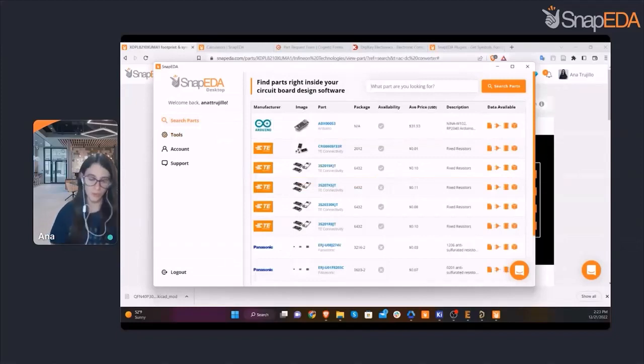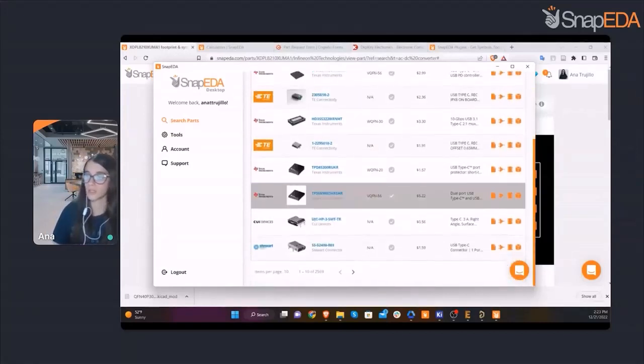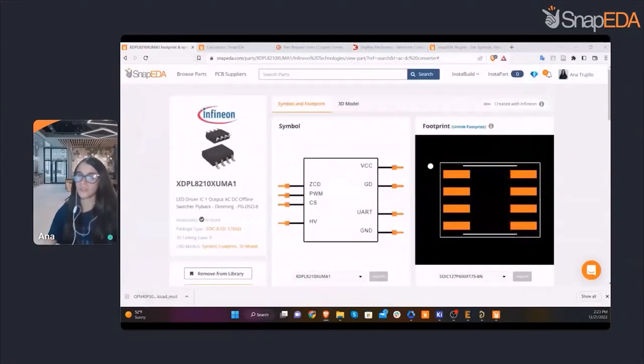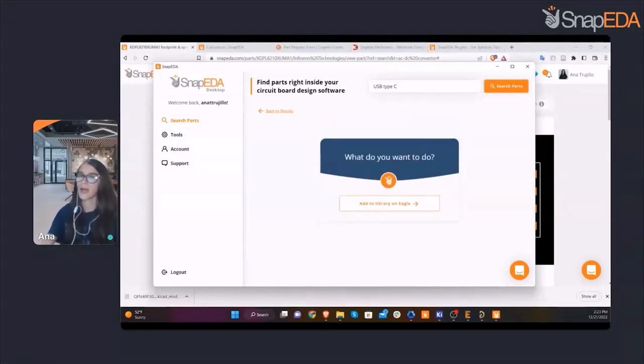Let's see it for an example. Let's say I want to search for a USB Type-C connector. So I just type it here and I click search parts. This will give me a lot of results. Let's say, for example, I want this one from CUI Devices. I simply click it, and since I have it connected to all my three tools, it shows me all of them. If you only have KiCad, it will only show you KiCad. In this case, let's say I'm going to import it into Eagle. So I just click here, and this will